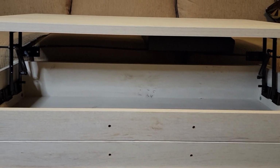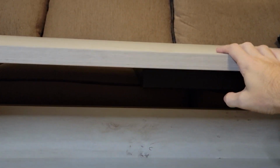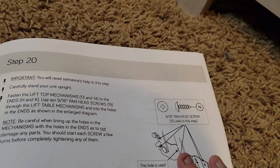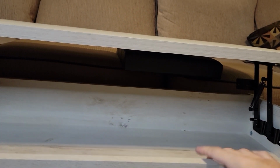Alright, so this next step is a bit tricky. In this step, you attach the lift top table to the rest of the coffee table using the lift top mechanisms. You use 5 screws on each side. Now, the instructions recommend that you get someone else's help for this step. But if you're doing this by yourself, like I am, there is still a way to do it, and that is you can